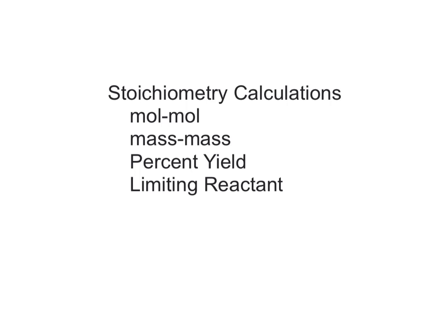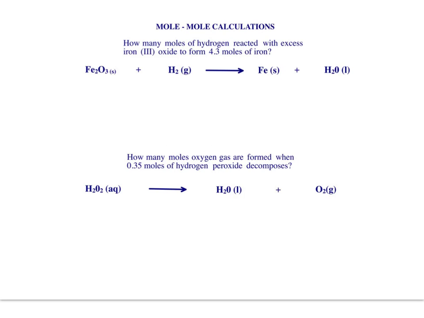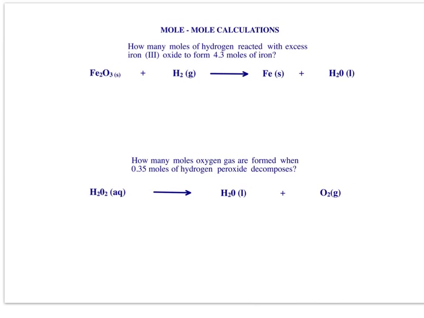There are four types, basically, of stoichiometry calculations that serve as the foundation of all stoichiometry calculations. So we're going to start with mole-mole. When we have a mole-to-mole calculation, you'll see that in the problem you have been asked about moles and given moles. So in this case, we can see that it says how many moles of hydrogen